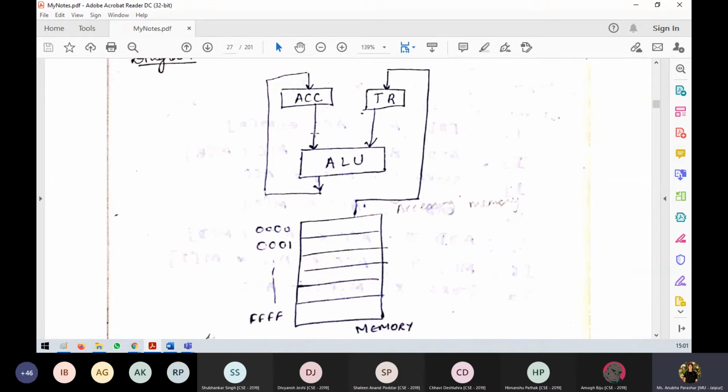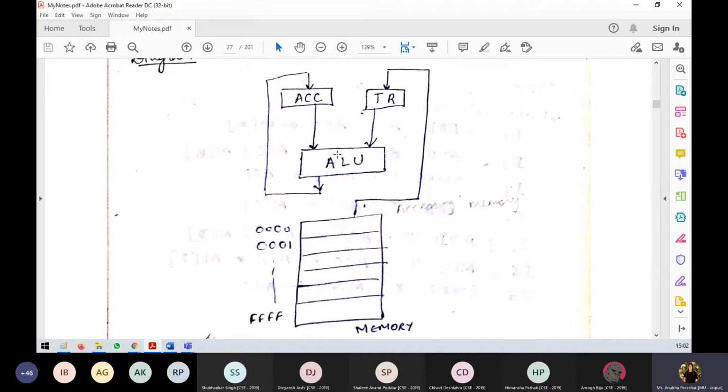Suppose you directly take two values and you add. Let's say we directly take two values and try to add. Suppose at 2000 and 2001 two values are there. So the first value will come here, right? The ALU can take it. Now this value is already taken by the ALU from this channel. We cannot fetch one more because the ALU itself doesn't have any storage capability.